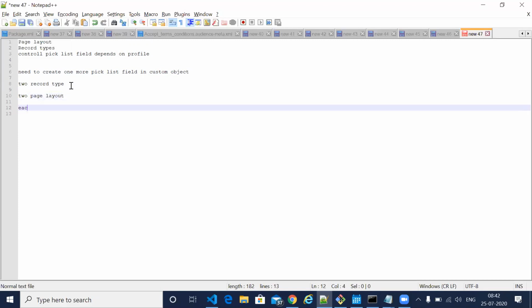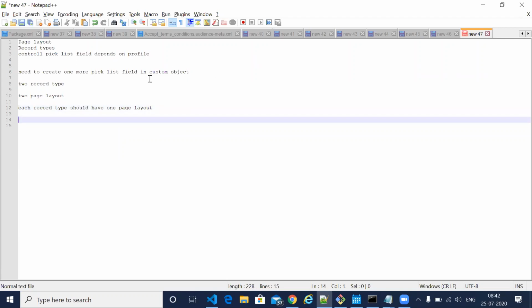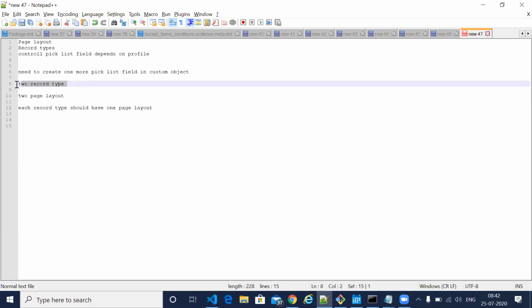Each record type should have one page layout. That can be done in page layout assignment. So first we have to create our fields. After that we have to create a page layout. Then we have to create a record type. Then we have to assign it.